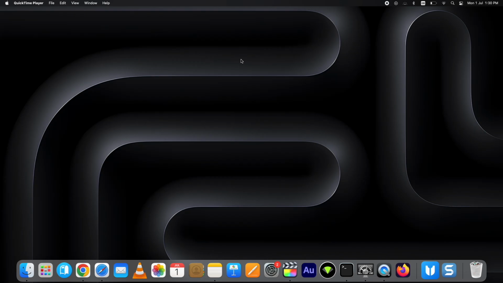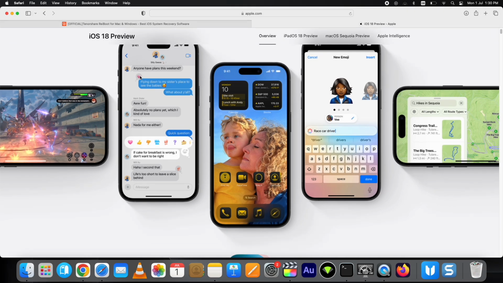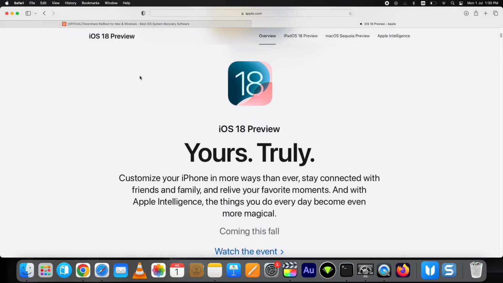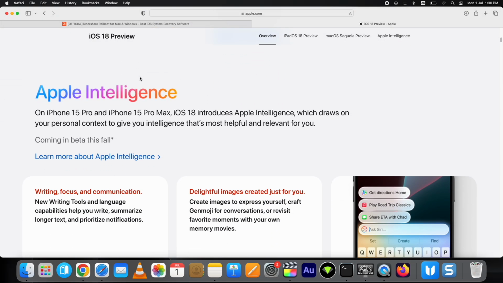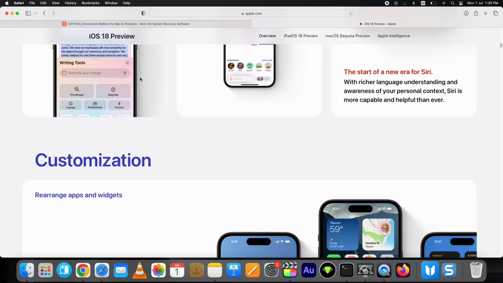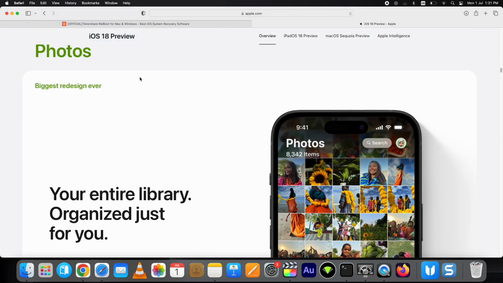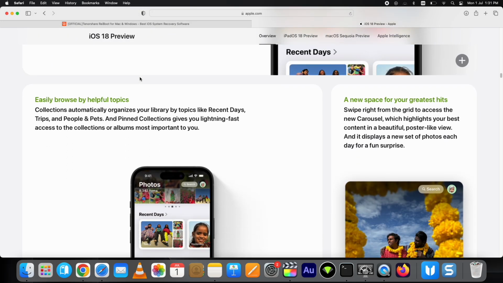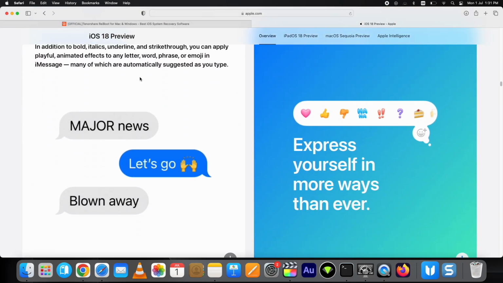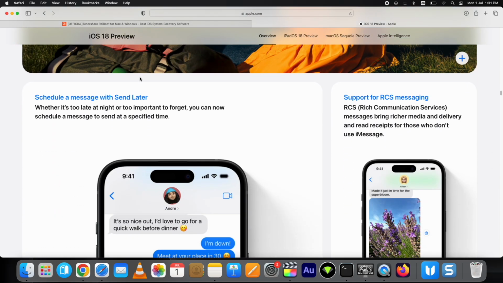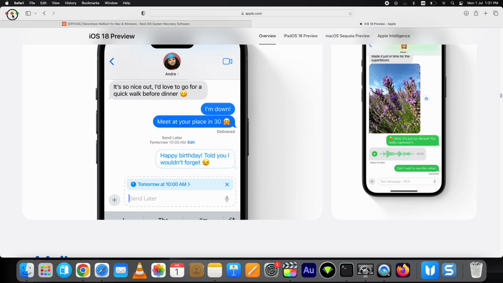Many of you must have installed iOS 18 beta and the majority of you must be facing issues with it, as it's a beta. I am also one of them facing issues, but I am facing a weird problem. My iPhone is not turning on after the update, it does not boot back. So I will show you how to fix iPhone won't turn on issue with the iOS 18 beta update.